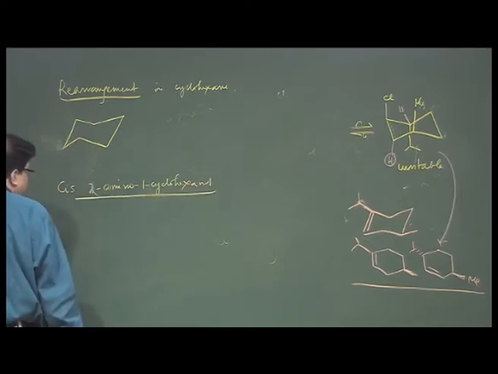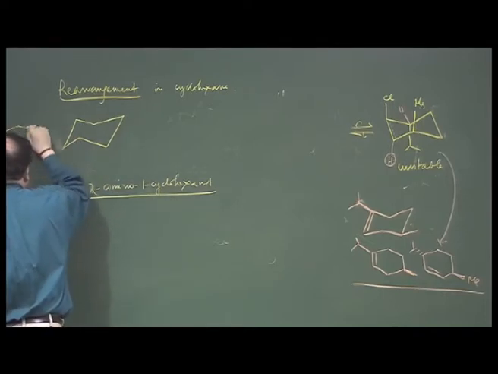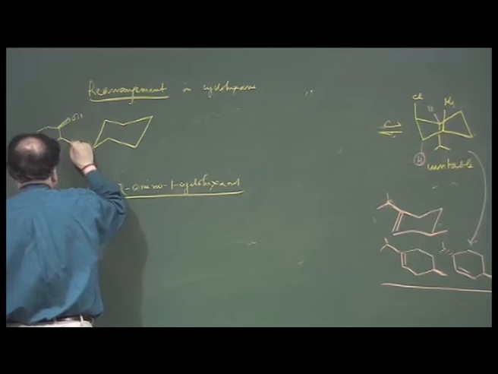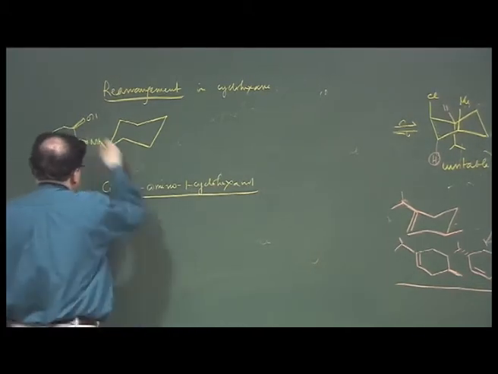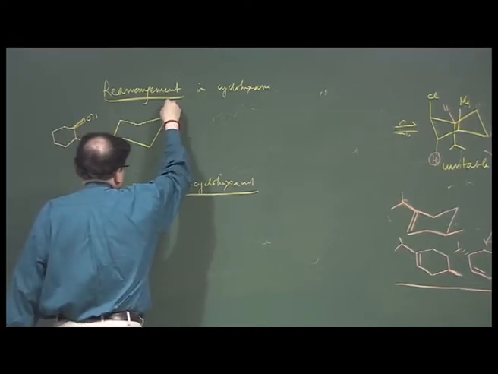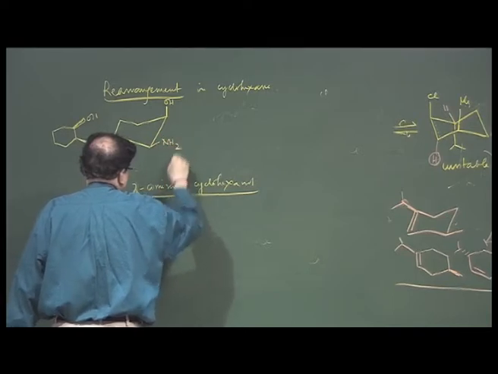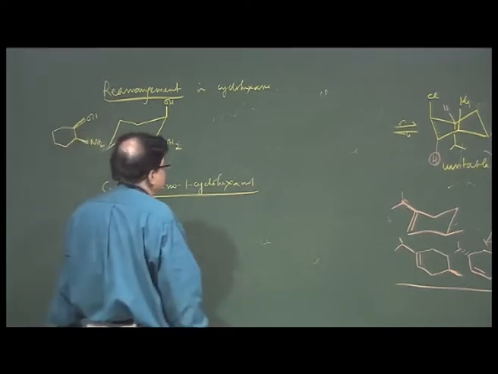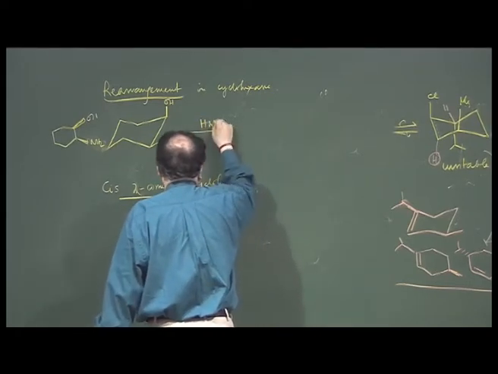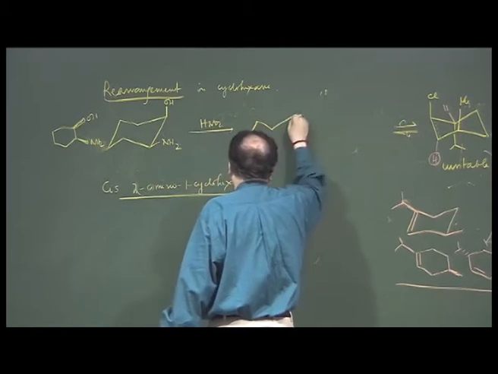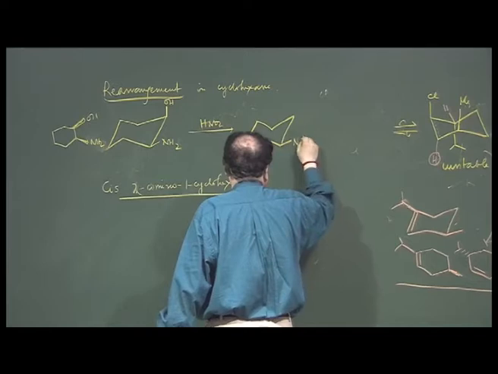Okay. If it is cis, then you draw the cis compound, OH and NH2. So, both are beta because it is cis. So, if both are beta, then one has to be axial, another has to be equatorial. Now, if you add HNO2 in this system, the amine will be converted into a diazo group,